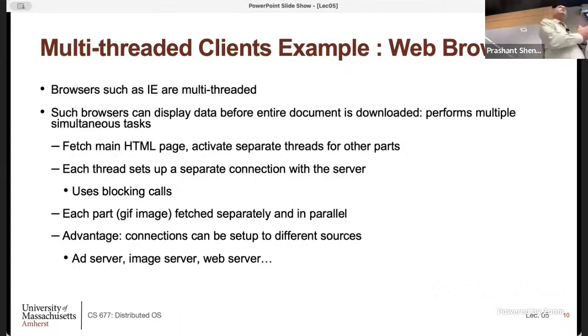For example, you might have one thread that makes a connection to the server and gets the first HTML page. Then you process it and there are 5 images in here. Why fetch them one at a time? You can just start 5 threads, and the 5 threads make a connection to the server. Each one starts fetching 1 image. So now you parallelize the download. If you have enough bandwidth, those images will actually download faster because you can use all of the connection